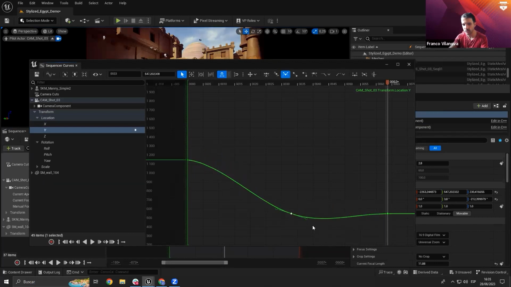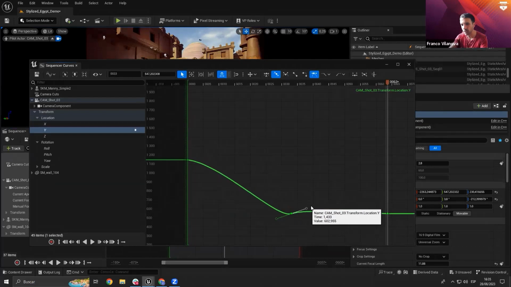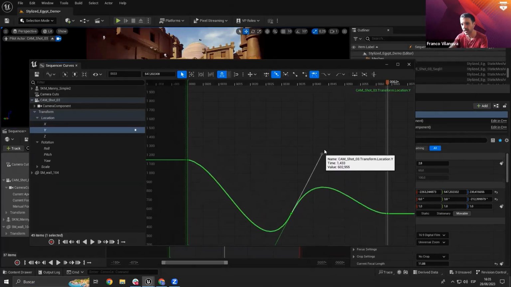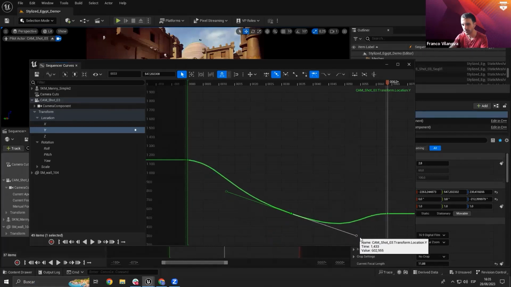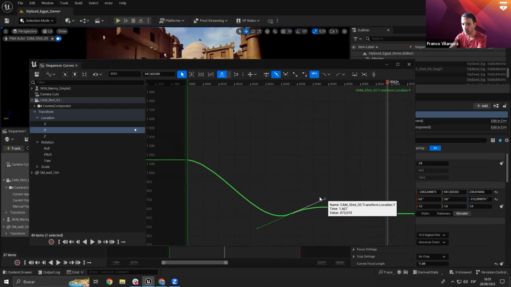And you can see that I have single control over one of them, rather than being on a Bezier or an automatic or a curve, which will then move them both at the same time. I could also enable weighted tangents, which lets me also expand or retract this to make a softer, smoother approach, or not, or sharper approach, right? And then we have obviously the interpolations, which again will be touched on in Intro to Animation. But essentially, I wanted to show you a couple of them to be able to work at least with the curves and play around with them slightly. Okay, so